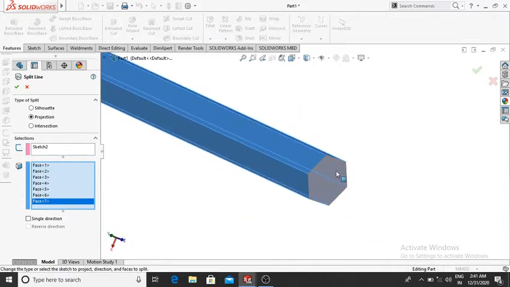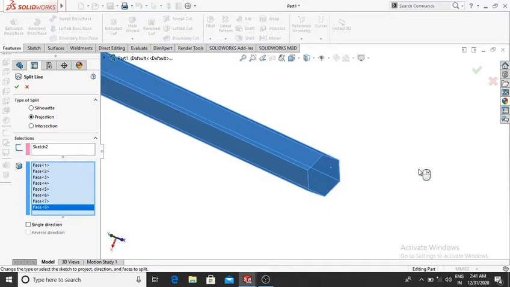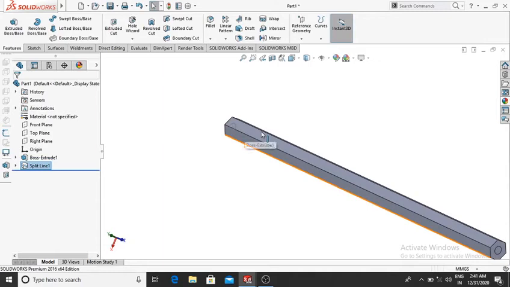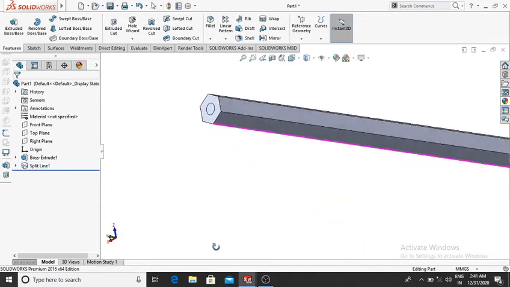Then OK. Now we have applied the split feature on these faces.